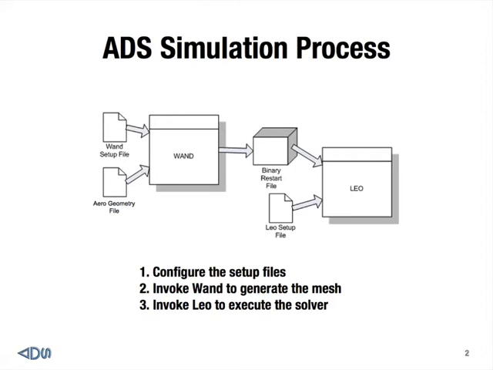Perhaps the best way to convey the value of the Workbench is to provide some context about how simulations are run in ADS. It really is a three-step process. First is you'll need to configure a set of 3 setup files required by Code Wand and Code Leo to execute. Once you've done that, you'll invoke Wand in order to generate the mesh, and then invoke Leo in order